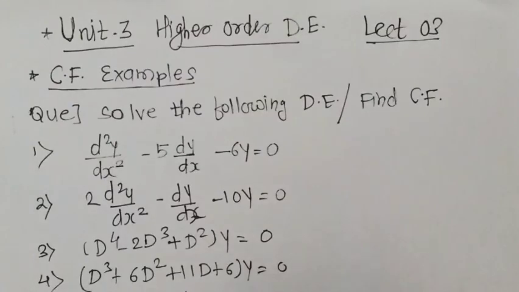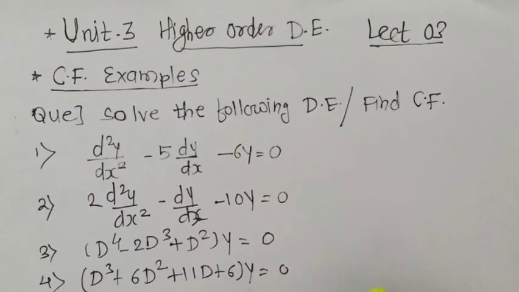So far we have discussed the general solution of a linear differential equation of nth order with constant coefficients. In the previous video we discussed that the general solution of a differential equation of nth order has two parts: one is the complementary function and another one is the particular integral. In the previous video we also talked about the rules for calculating complementary functions. So in this video I am going to cover examples on the determination of complementary functions.